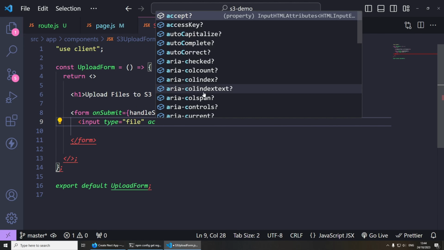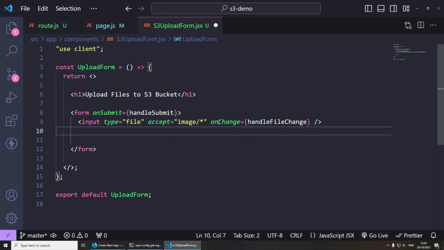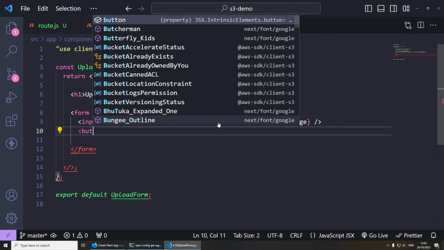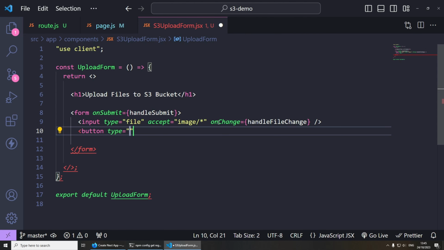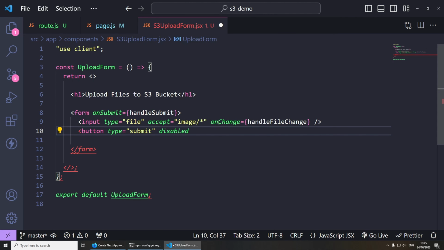And this is going to be accept. We can just accept any files if you wish, or you can just do image and all sorts of images like that, or you can list the files. And then we're going to do onChange handleFileChange like so, and we need to close it. So we're going to have to create a button for this form. So let's do a button with the type of submit, and then this is going to be having a disabled. So when we upload the file, we want to disable it and enable it. So we want to say uploading,